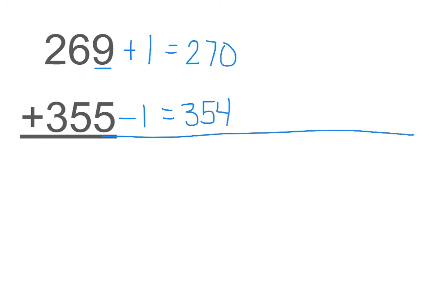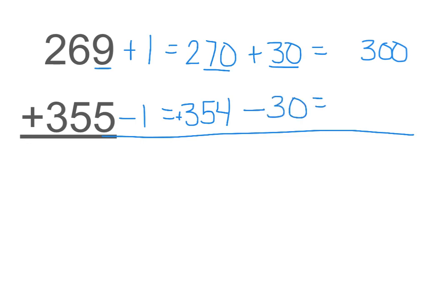Now, as you look at that, that is still a super hard problem. So I'm going to add 30 because 70's partner is 30. 270 plus 30 equals 300. 354 minus 30 equals 324. So our final answer is